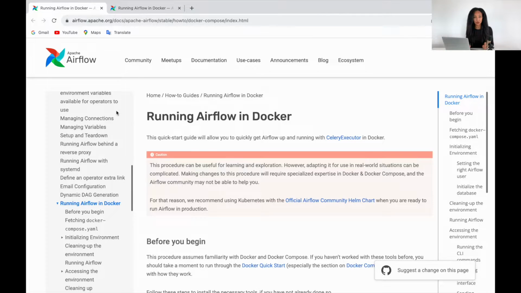I'm going to quickly share some installation notes if you're interested, and they will be related to Docker installation because I personally prefer to do it with the help of Docker. Let me go to the Airflow official website, where they have a very nice instruction. This is the how-to guide on running Airflow in Docker. They have a note that this procedure can be useful for learning installation, and I totally agree, because if you